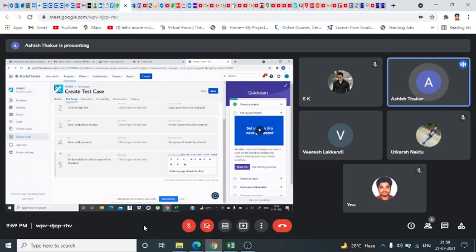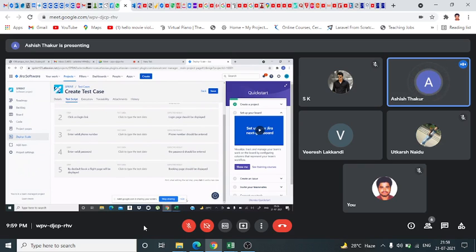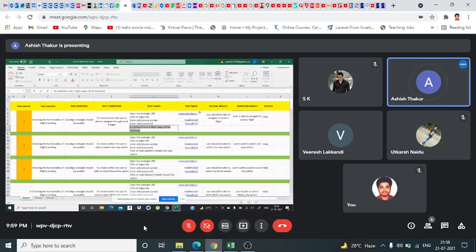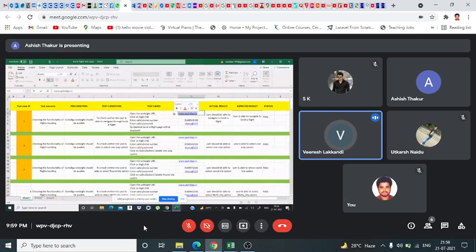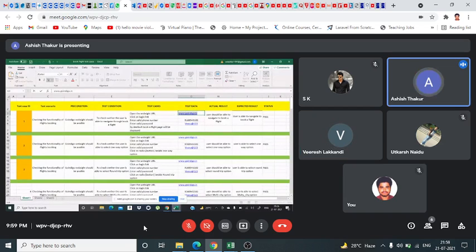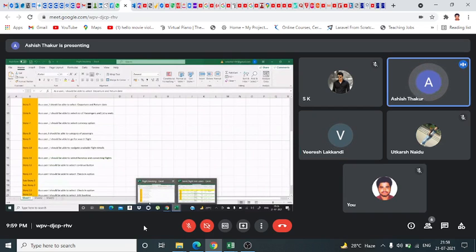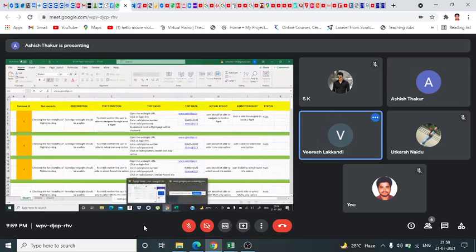This you will have to write by yourself. It's the expected and the actual. Actual, I will tell you when it comes. Like all the data we have to copy, no? The last one, we can put actual data. Actual data will come at the time of execution. Just see now, you will get to know.